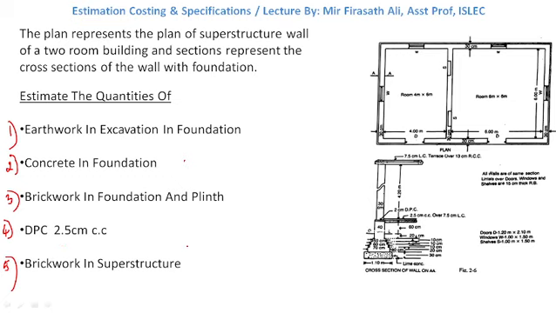As you can see here, the provisions for doors and windows are given. So we need to deduct the quantities of doors, windows and shelves in this problem. In the previous problem we did not deduct any of these things, but in this problem, as the doors, windows and shelves are clearly located, we need to deduct their quantities. Okay, so let us proceed to our problem.